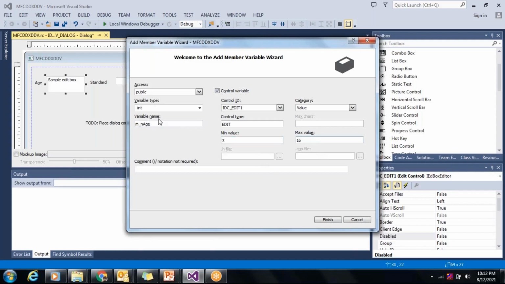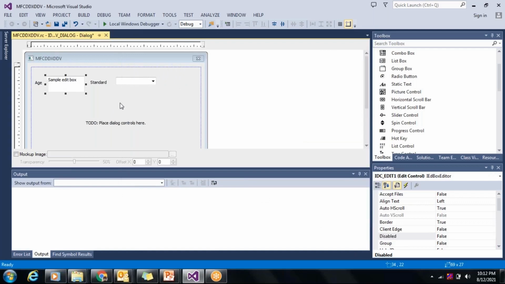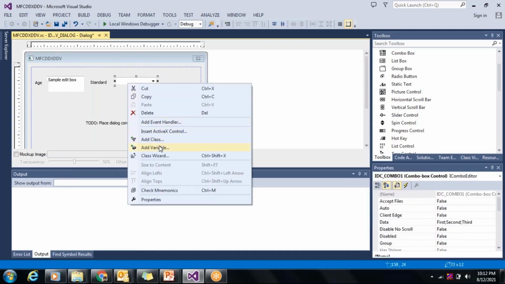Okay, so in the same dialog I'm adding the variable as well as the validation. So DDX as well as DDV are in the same section here. Finish it. Similarly, you want to add a variable to the combo box.